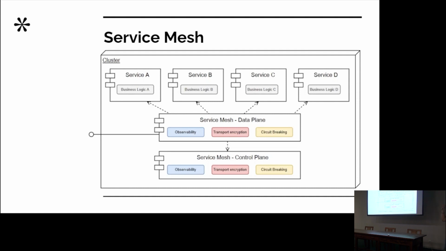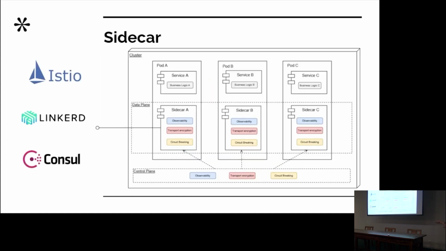This is just an abstract pattern of the service mesh, and then we dive deep into two specific implementations of the service mesh. So one of those implementations is the sidecar. The sidecar basically means that on the data plane, we have a sidecar for each service. So if we're talking about the Kubernetes context, orchestrator, we have our services deployed on the pod, right?